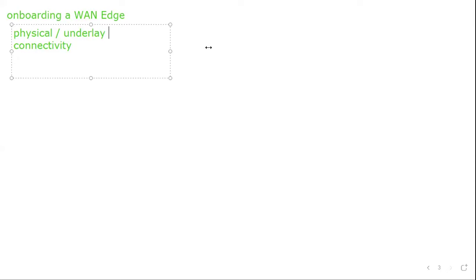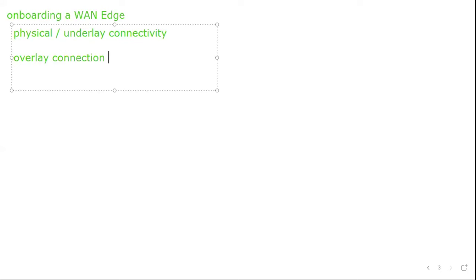Once the physical connection is established, after that you need to have the overlay connections. Now, for the physical connection, what do you need? Traditional method. You need to configure IP reachability.